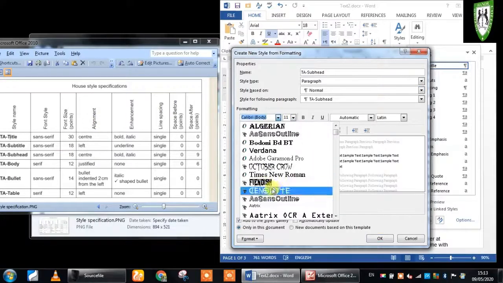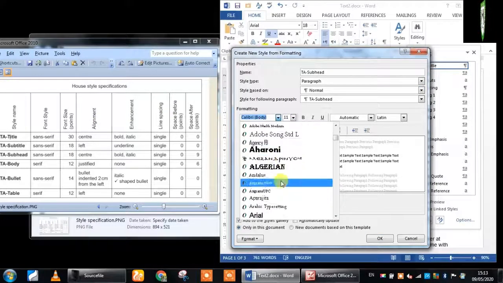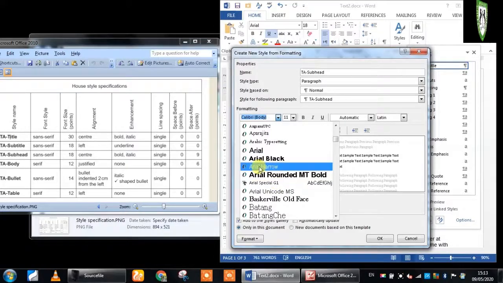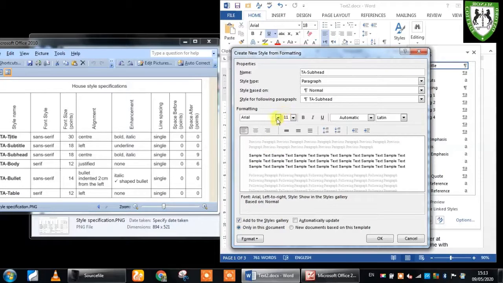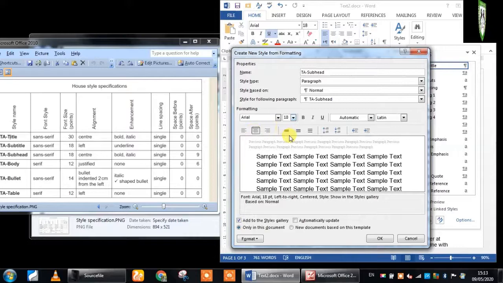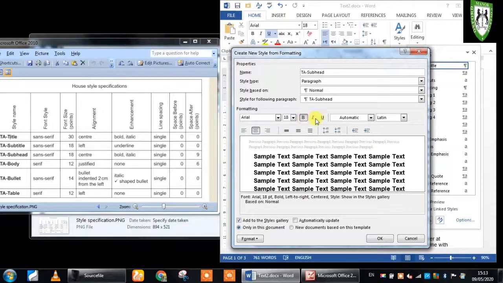So I'm going to choose Arial. The font size is 18 points. The alignment is center, and it's supposed to be bold and italic,